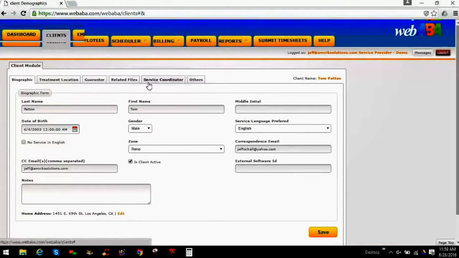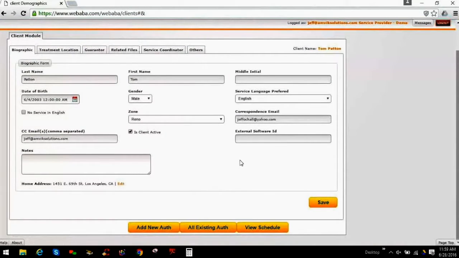The next thing that we would want to look at is adding a new authorization or editing an existing one. So let's just go into existing. We're going to